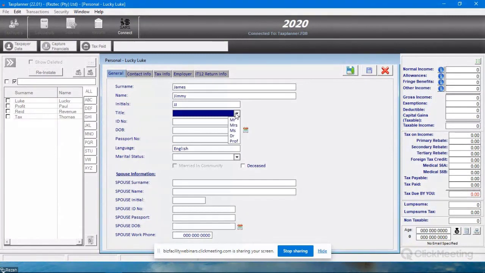Initials, title. Okay, date of birth, marital status. It's not required on the initial capture, but it does have an effect on things like capital gains and investments. So your marital status, if you are, for example, married in community of property, I know that has an effect